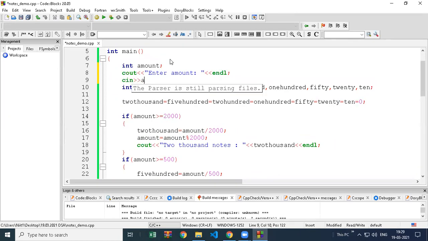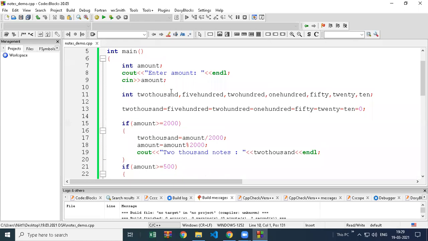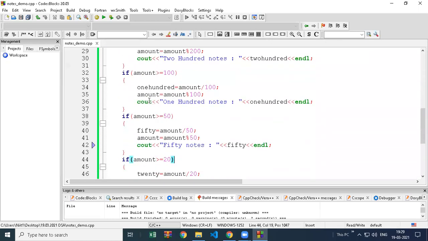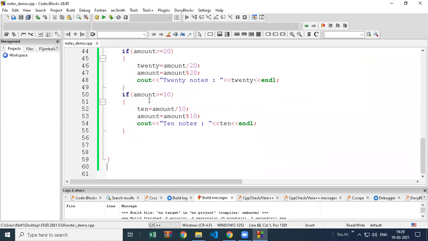Then also print the total, how many total notes required.